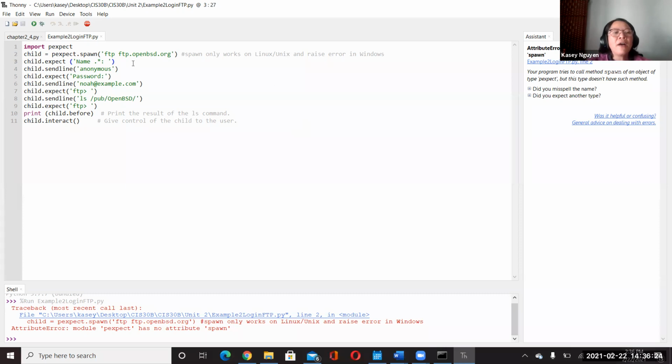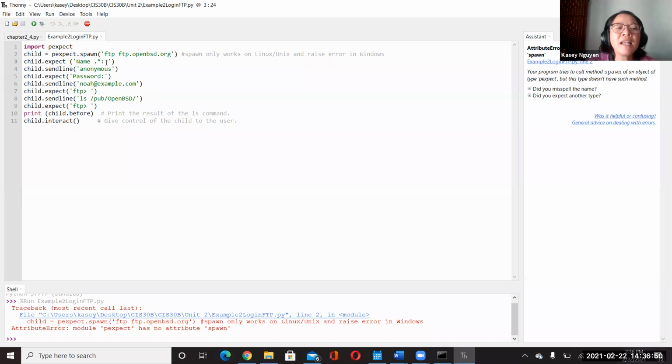Now when we're expecting a certain string like name, you can have whatever you want to expect here, specified in the string: name, username, period, asterisk, colon, question mark, whatever would be fitting.